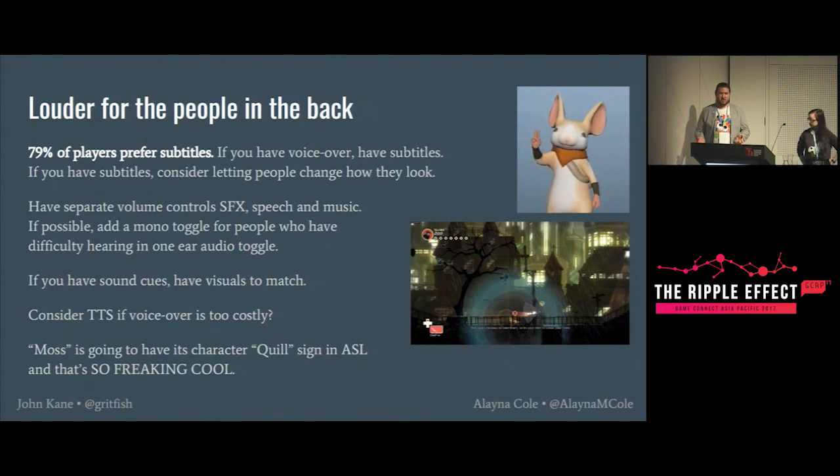And we're now starting to see sign language start showing up in games. There's a VR game called Moss coming out soon, and its main character Quill is a little mouse, and it can communicate to you through gestures and mimes, but also through American Sign Language, which is freaking cool. And if those start coming into character sets as pre-done animations, either through ASL or Auslan, which is the Australian equivalent, that's going to become huge. That's just so cool. I'm excited about that.